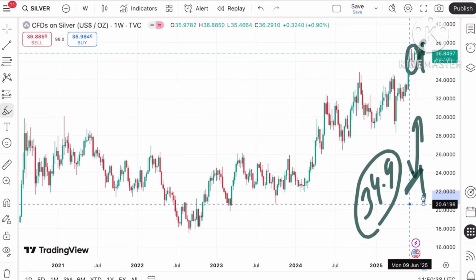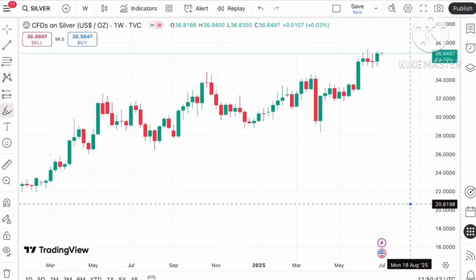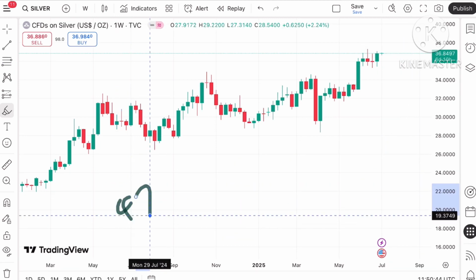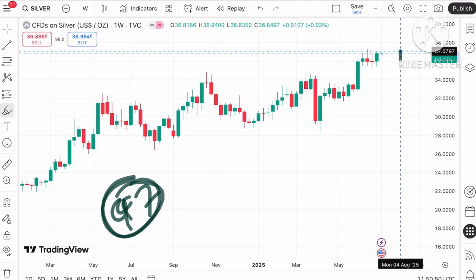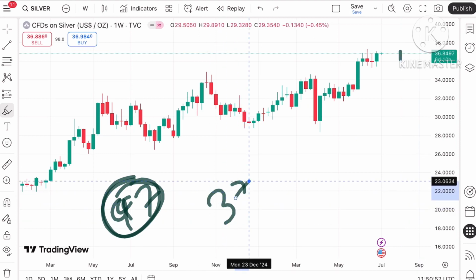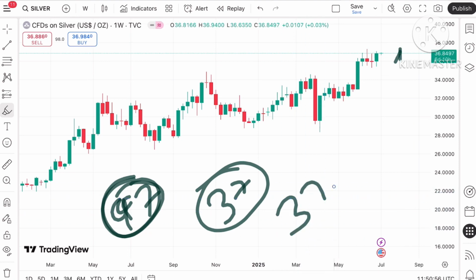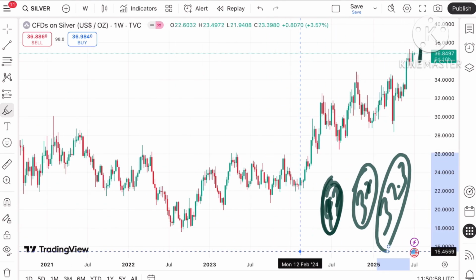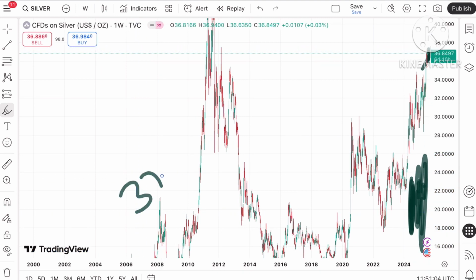Coming back again to the silver price, suppose the price sustains this level, because what we have seen is that the dollar index has moved below 97, which is after almost 4 years. So let's see, if the price sustains this level, it can move towards a level of $37, and if the price goes above that level, we can see a level of 37.3. Suppose it sustains above that level, the probability of going towards a level of 37.5, and if the price moves over this level,